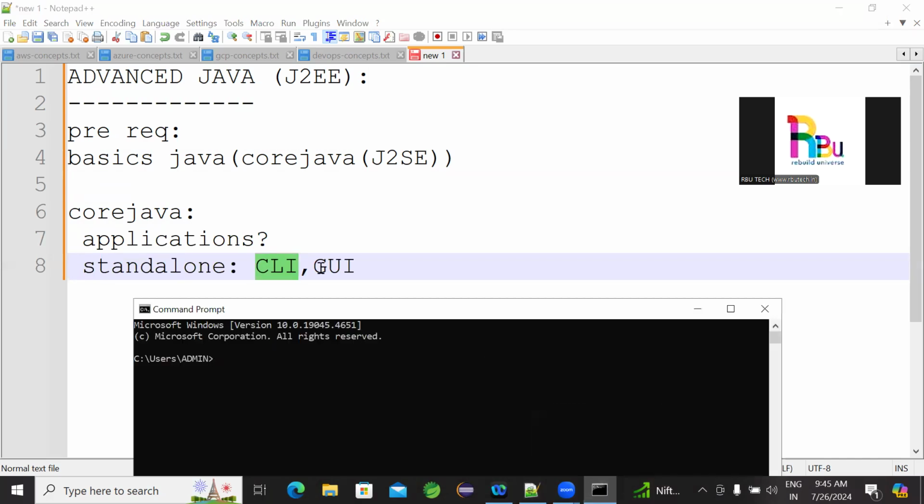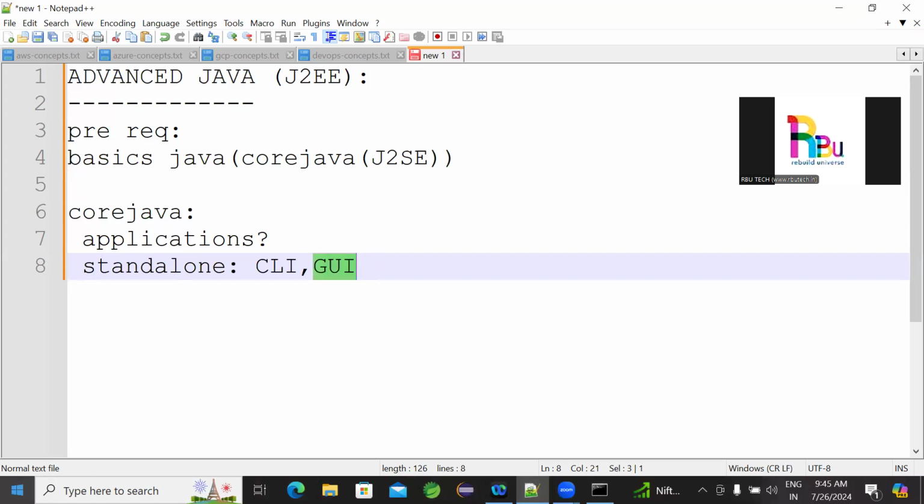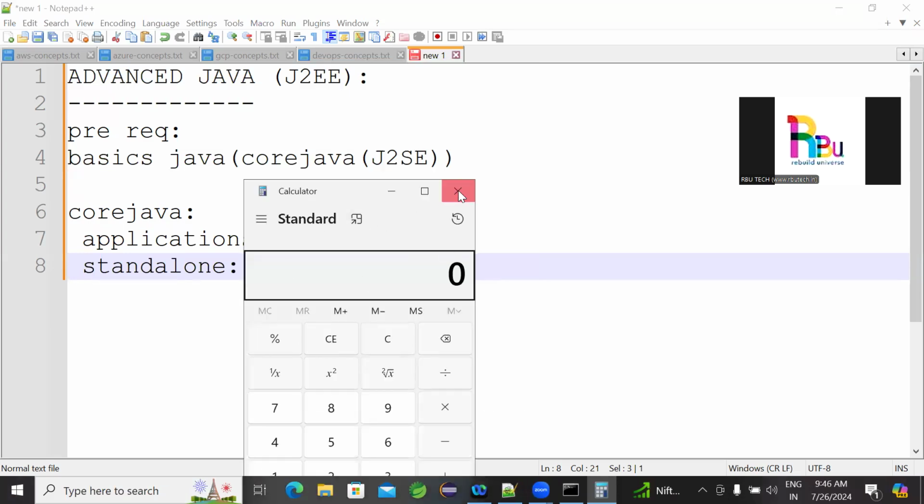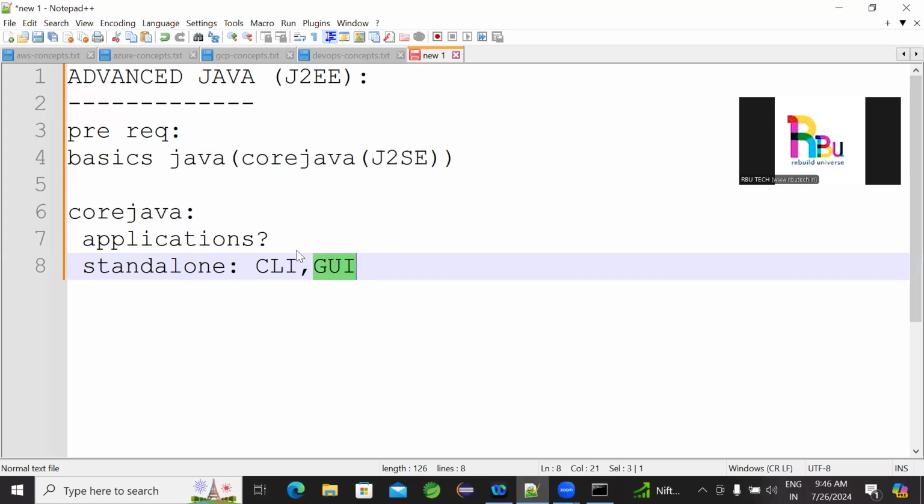If you want GUI-based applications like a calculator, so this is a GUI application, right? You can build it using core Java. In core Java, we have support to implement CLI and GUI applications, but they are standalone, running on the same machine. So now, if you want to expand your business scale to worldwide,